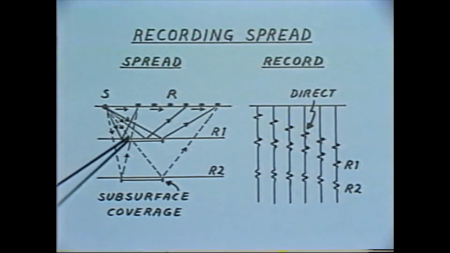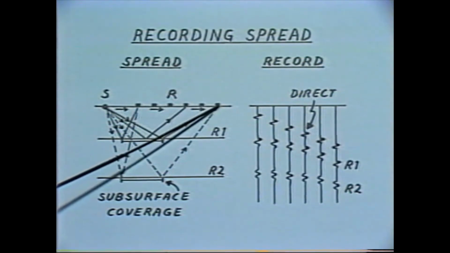Now, if we have some reflectors in the Earth below this spread, we'd get a series of ray paths, such as some that are illustrated here, from the source to the reflectors and back to the receivers. One point you will notice is that if we have a line of receivers of some length, such as drawn here,